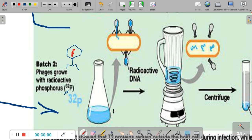What they did in this second line of experiment is the same as the first. They again took a Petri plate inside of which we had normal E. coli colonies, and to those E. coli colonies, they introduced this particular suspension of radioactive coliphages with radioactive DNA. And once they were introduced, again after 20 minutes of incubation, like in the first line of experiment, this is what happened. Let us look at the second step. The same thing. The viral particles attached themselves to the surface of the bacteria, and they started introducing their DNA inside the bacterial cell. And now, since we've used the red color to represent the radioactive DNA, this is what was happening. So the DNA was getting inside the cell,